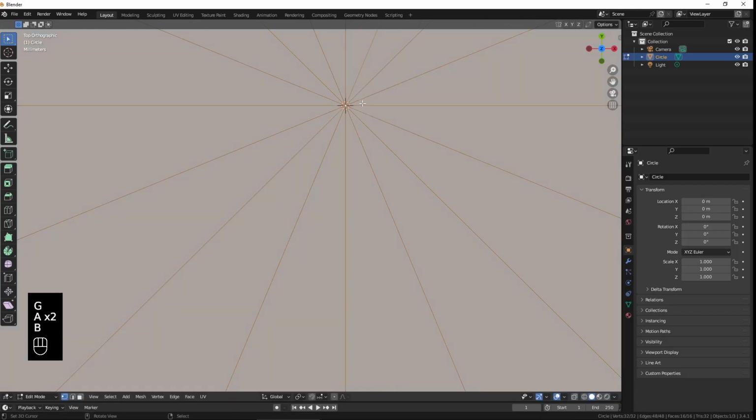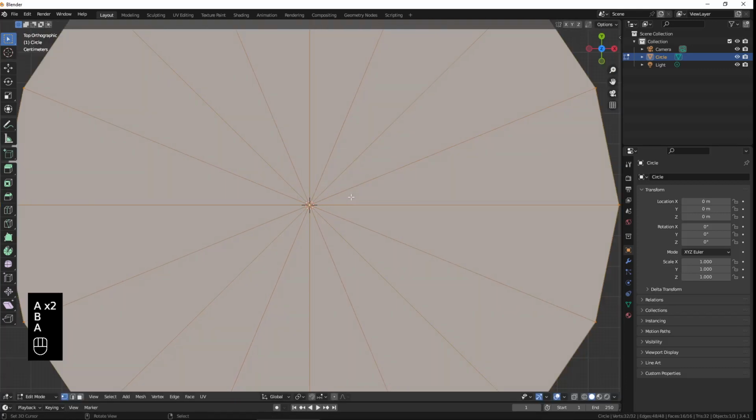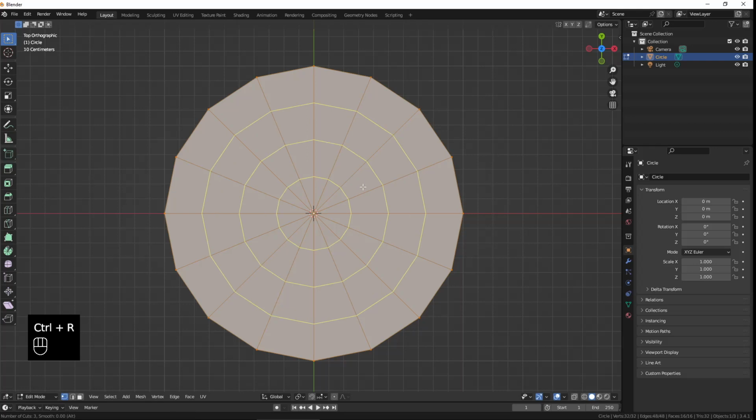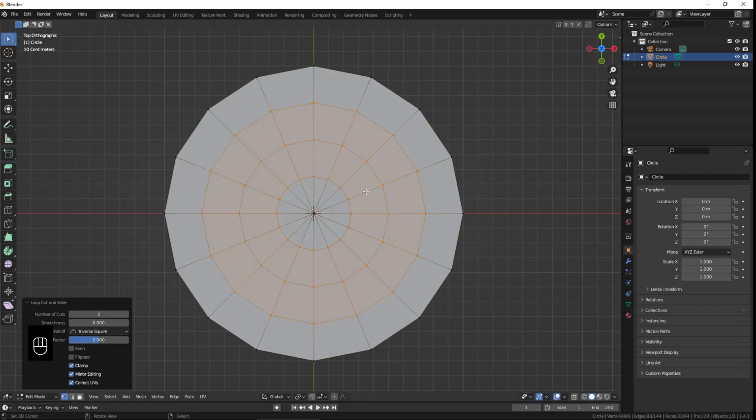So the way we can fix that, I'll show you in a moment, but the benefit to doing this in this manner is since there's still 16 vertices there, that means that's still a circle. It's a minuscule, tiny circle, but it's still there. So that means you can add loops to there. So I'm going to add a couple of loops there just so we have a smoother surface. Go ahead and click and